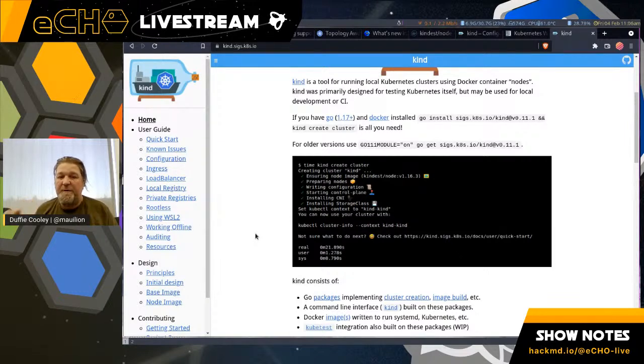So your Kubernetes nodes are going to be Docker containers, and we're going to use kubeadm as the cluster initializer, if you will, the cluster configure part. And that means that there's quite a lot of configuration that we have control over. Now, Kind was originally developed to be a part of the testing for Kubernetes. That was part of the original goal,